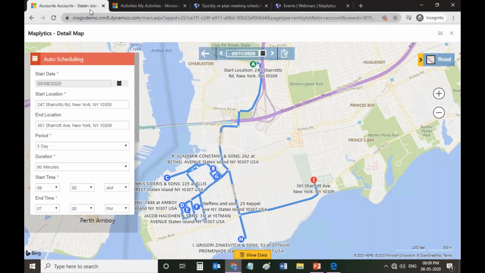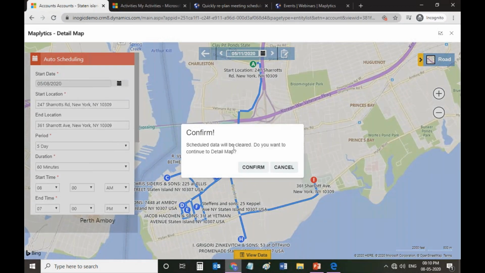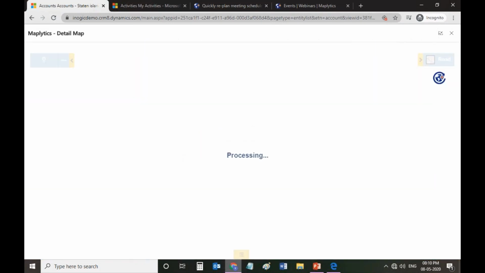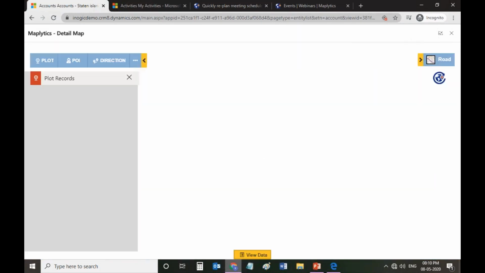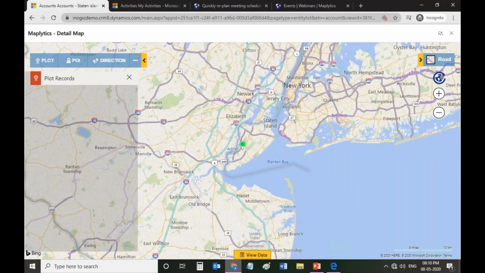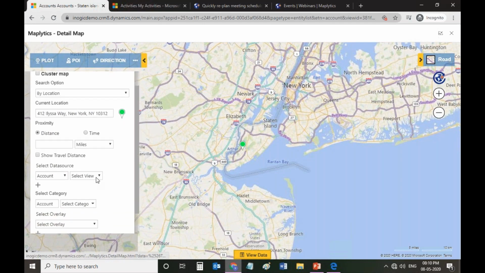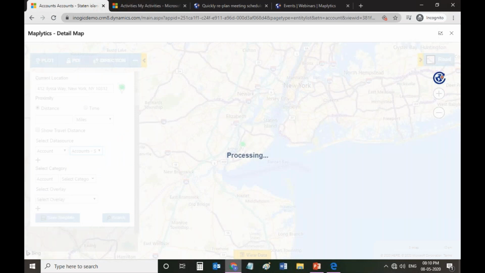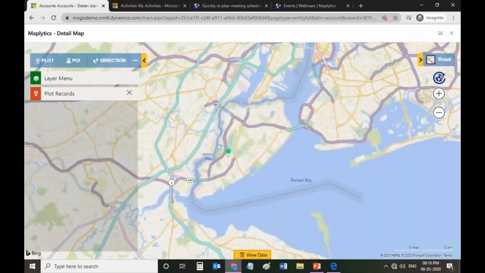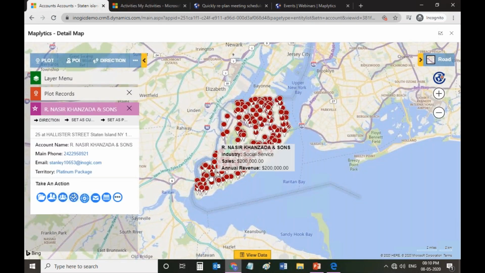And apart from this, we have the last feature for today, which is the check-in feature. So let me go to the detail map. Check-in is one of the most useful features when the salespeople are on the field and they are meeting many people. So let me just plot some data, and let me plot a route quickly.